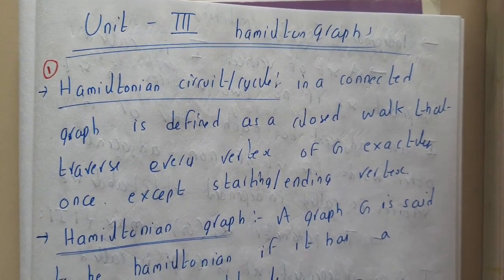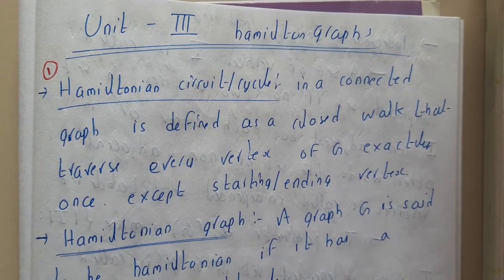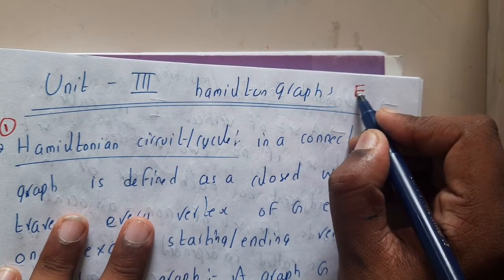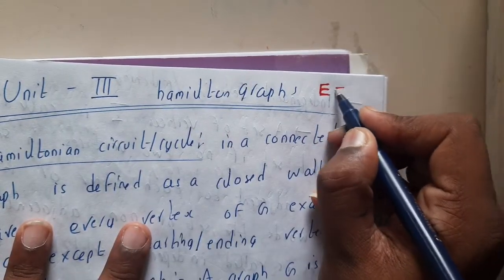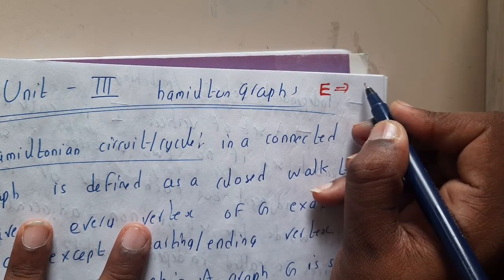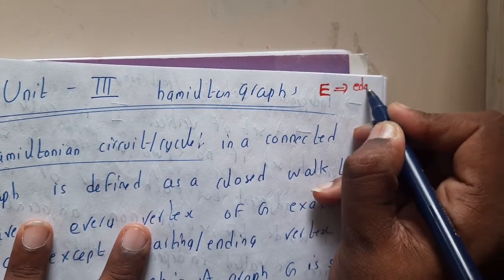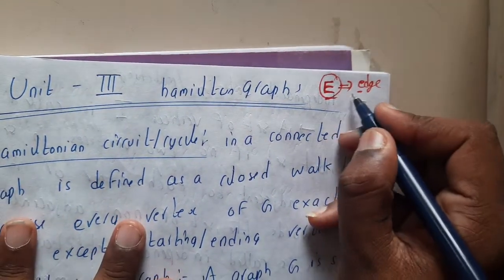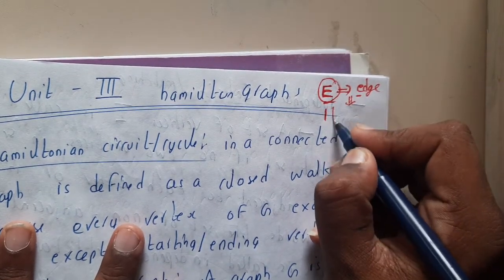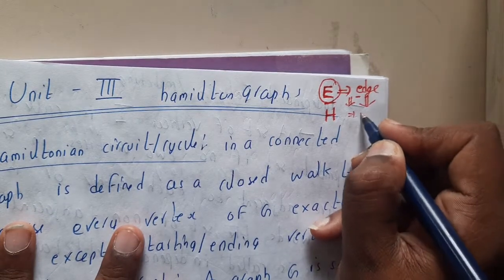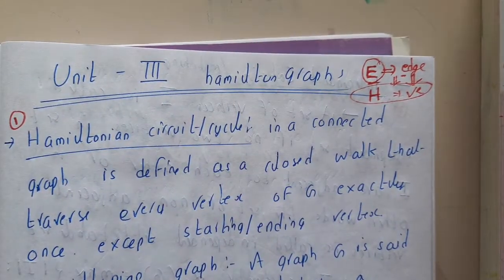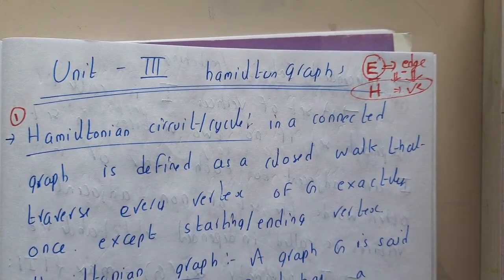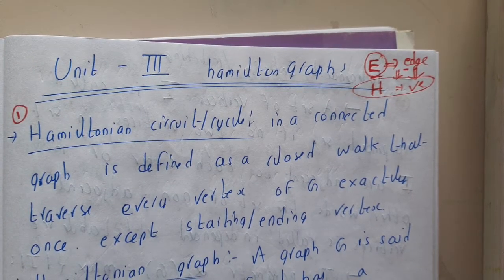So what graphs are called Hamiltonian graphs? Basically, we discussed Euler graphs, right? If you recall, in our last series we discussed Euler graphs. A graph is said to be an Euler graph if it visits each and every edge, guys. From the name only, Euler starts with E and edge starts with E. Whereas the opposite of this is the Hamiltonian graph, and the opposite of edge is vertex. So in a Hamiltonian graph, you need to pass through each and every vertex exactly once. There is no rule for passing through each and every edge, guys. You just need to pass through each and every vertex, that's it.